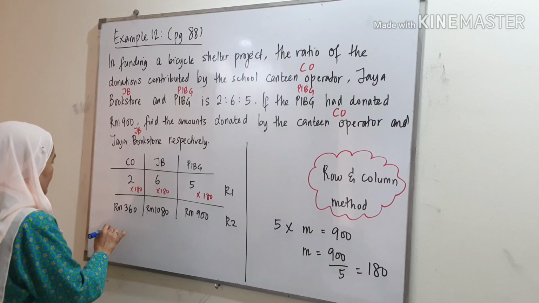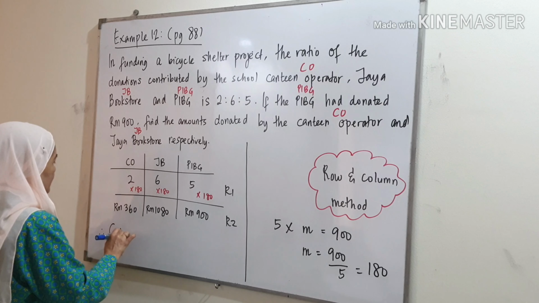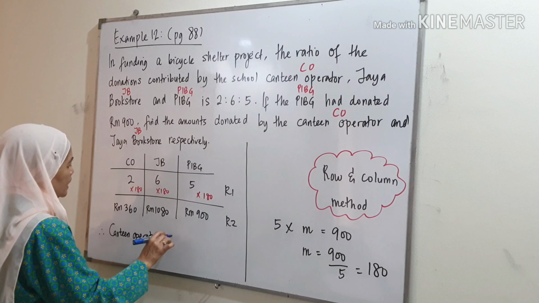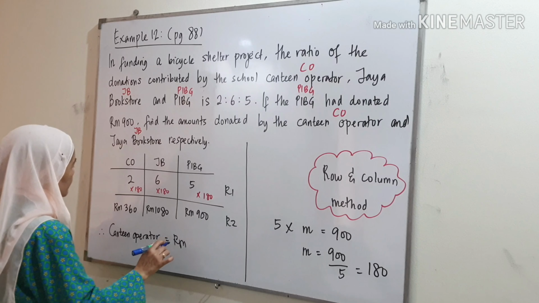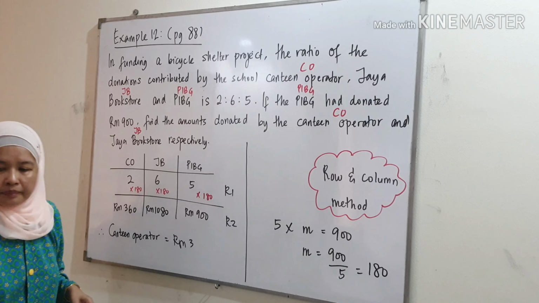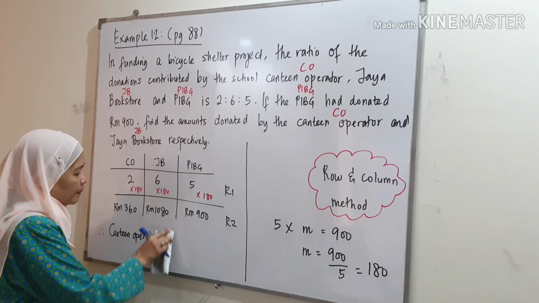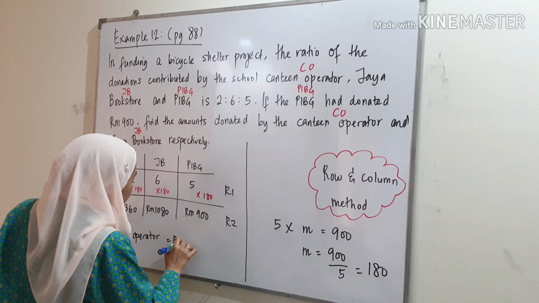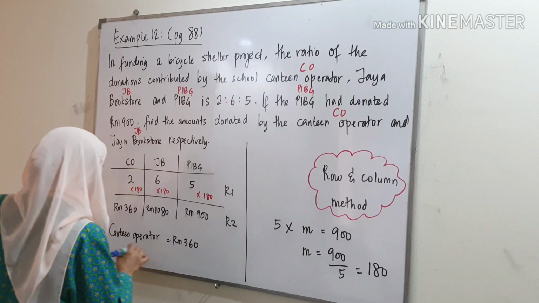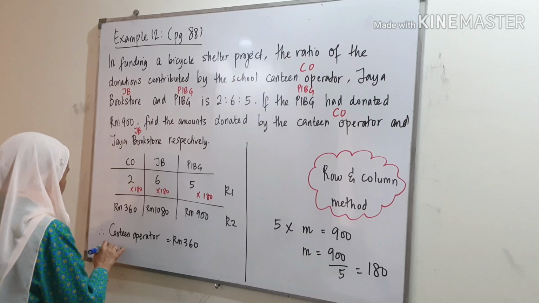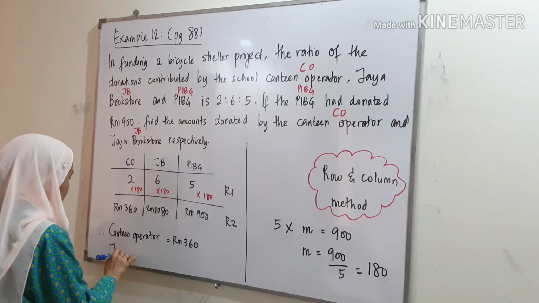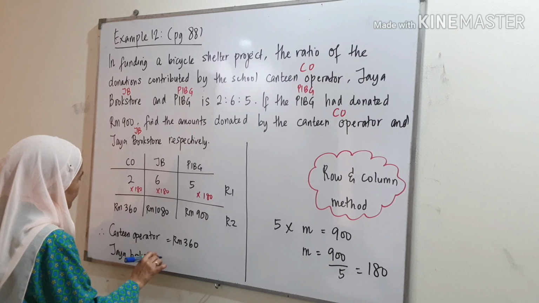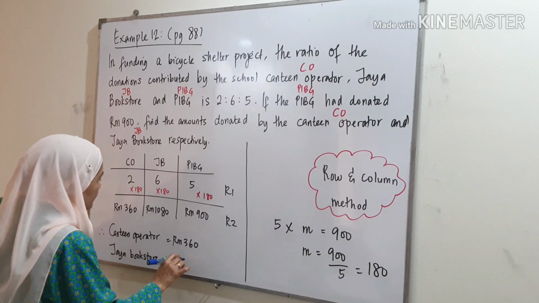Therefore, the canteen operator's donation is RM 360. And Jaya Bookstore, RM